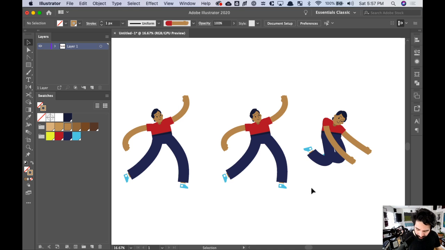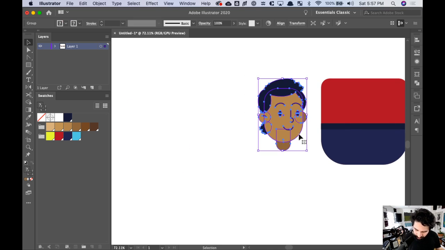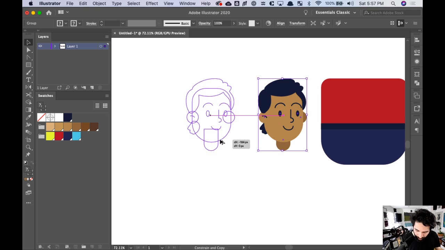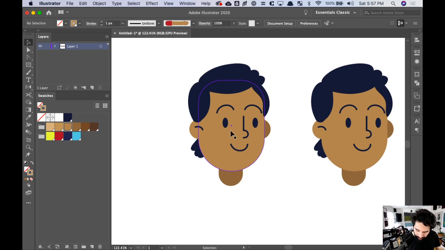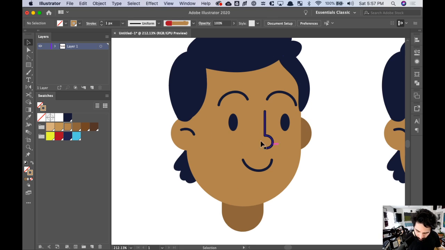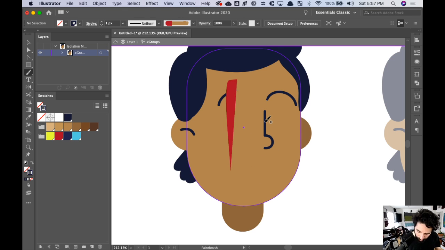And let's do that. Let's actually create another head. Remember I told you that we were going to do that. I can just duplicate this guy, these elements, and I'm going to change the expression of these. I'm going to get in there, I'm going to remove the eyes, and now that I have that brush selected, ooh,